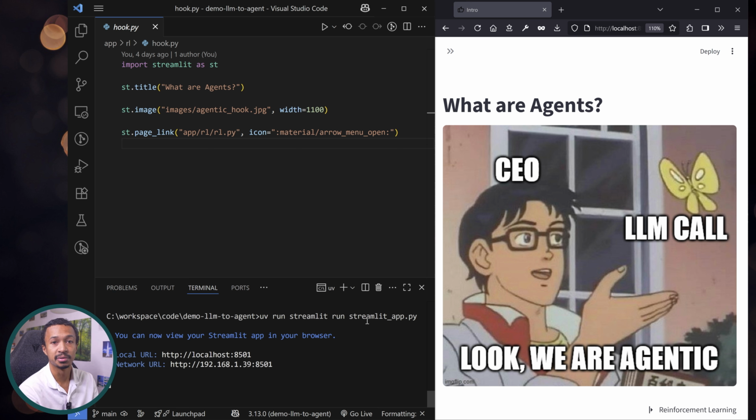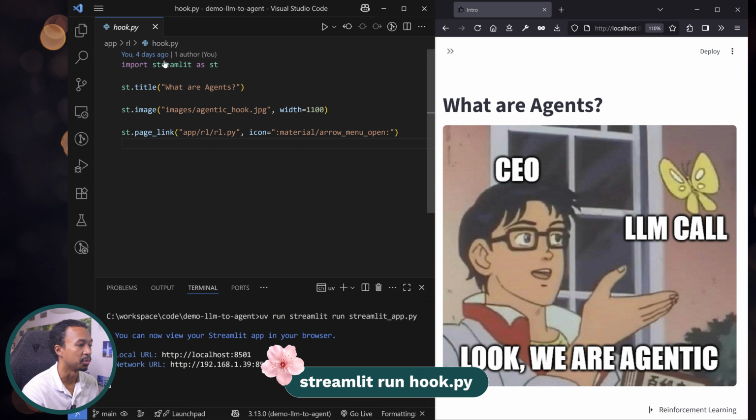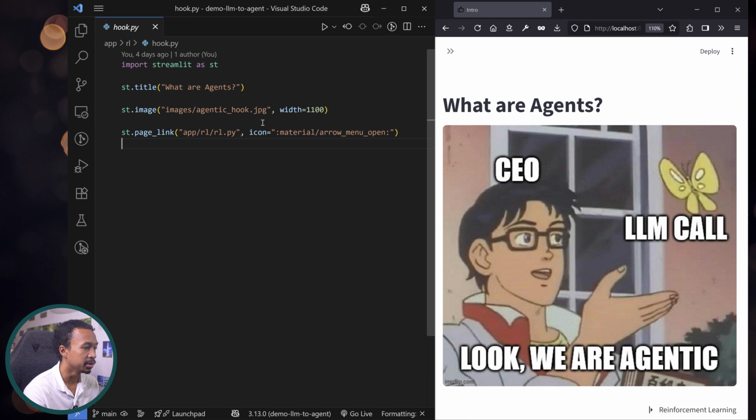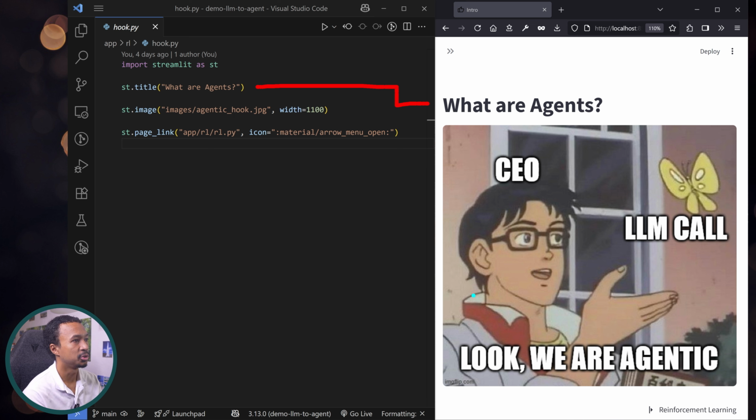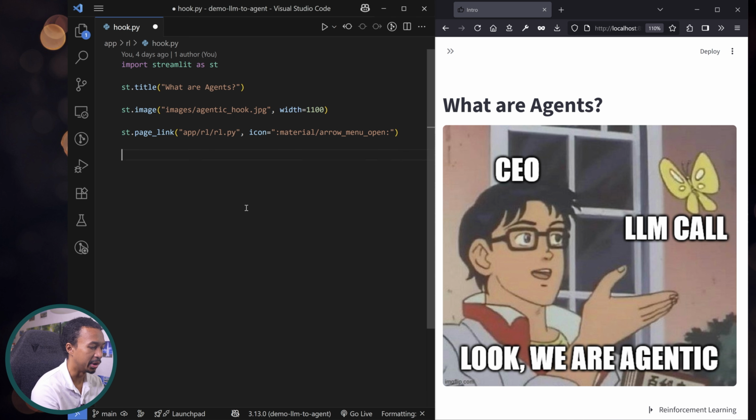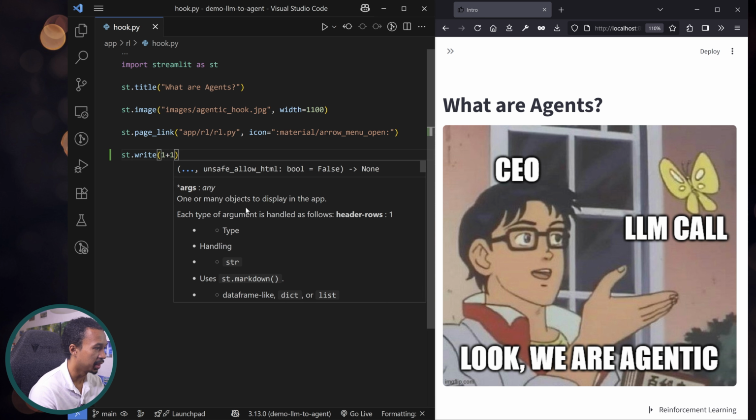Don't look at this file name right now. Just imagine it's streamlit run hook.py here. And then your app is going to display in a new web browser. You can see your title is here, your image is here, and then your page link appears in the bottom right corner. Now, this Streamlit app has live reloading, which means if I add an st.write of 1+1